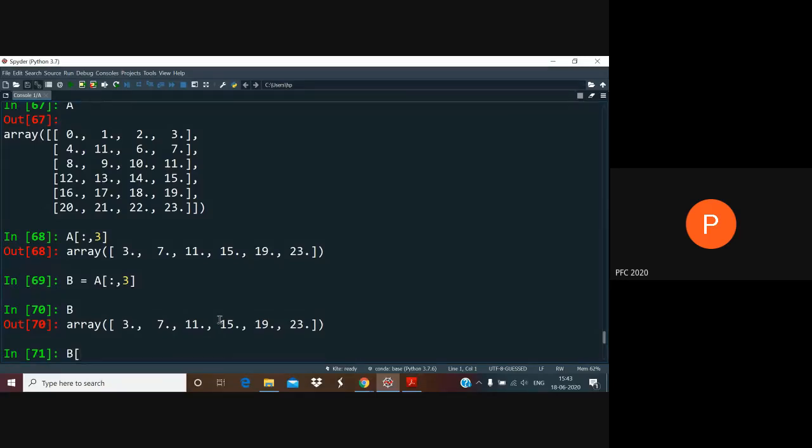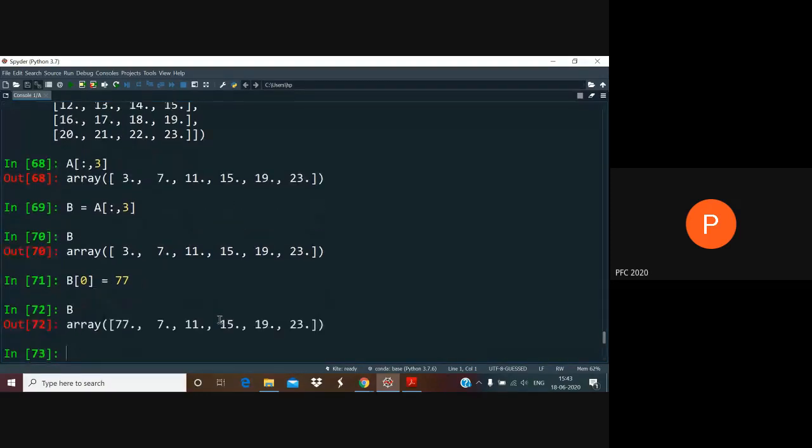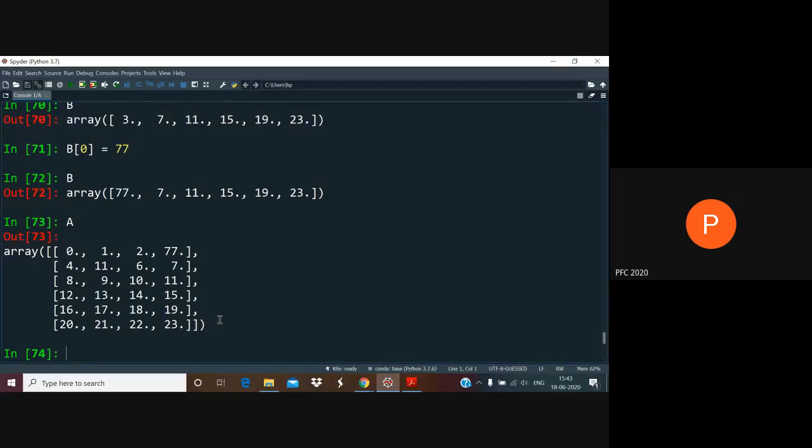I change, say, the 0th element of B, which is, of course, 3 now, to 7, or maybe 77. Because B now is this. What may come as a surprise to you is that the same thing happens to A as well.